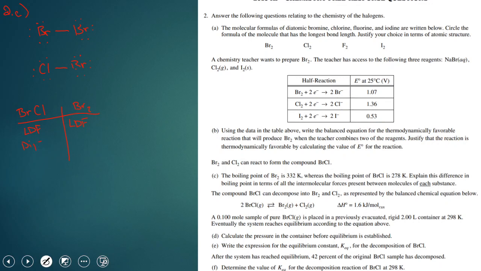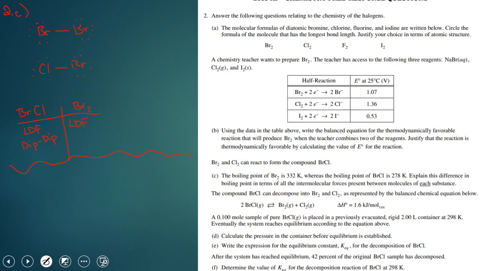So I'll say dip, dip. And so what you might think is that, okay, well, why does BrCl have a lower boiling point if it has the stronger IMF? Well, here's where students often got bogged down, and here's where you need to be careful,